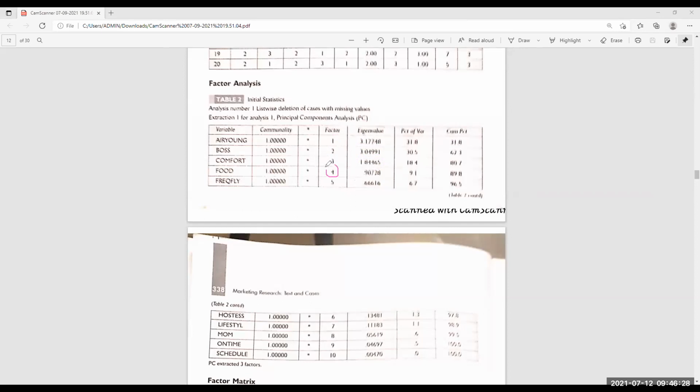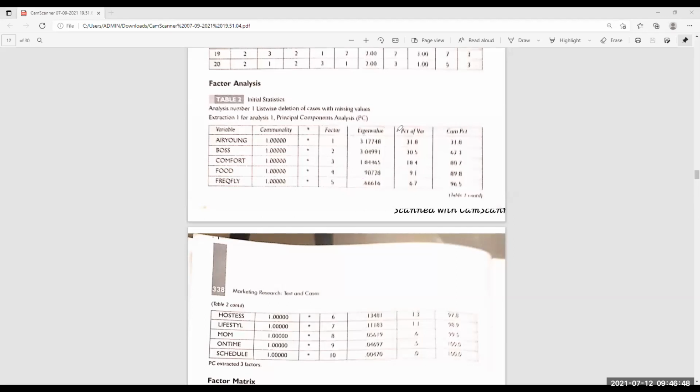The 4th factor has an eigenvalue of 0.90, less than 1. We will not pick up. So this will not get picked up. I am crossing it out. For a 5th factor, 0.66. 0.66 less than 1. We will not pick up. Right. So actually the output will get